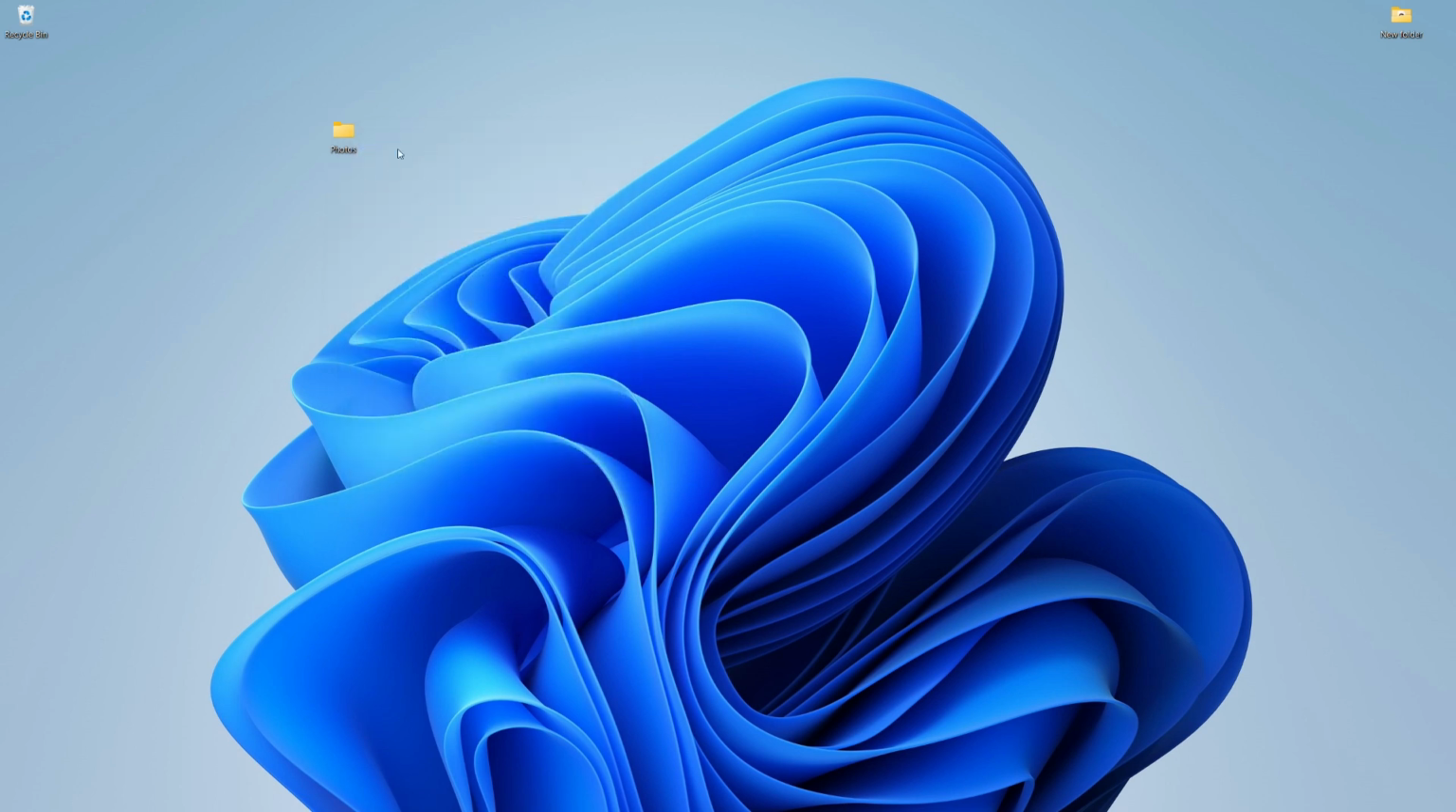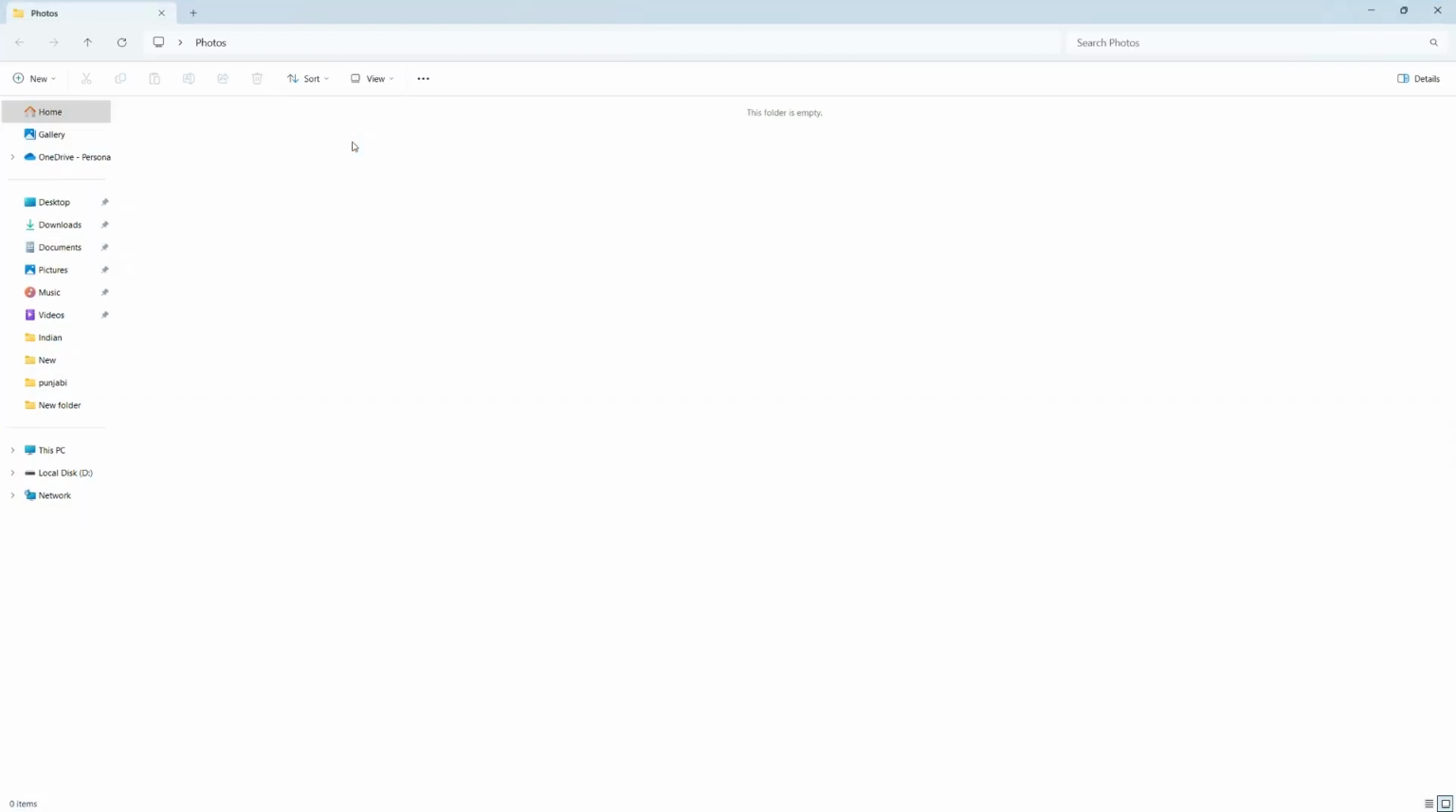Your new photo folder is now ready. You can start adding your pictures to this folder by simply dragging and dropping them into it, or by copying